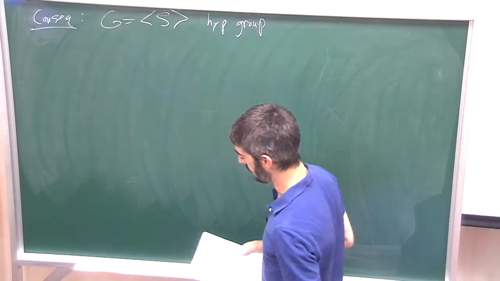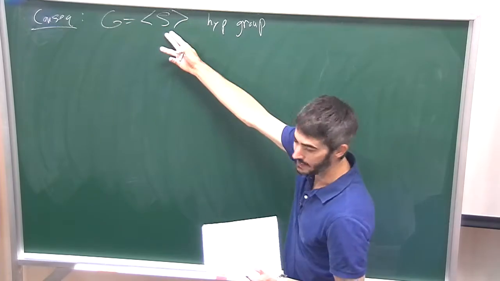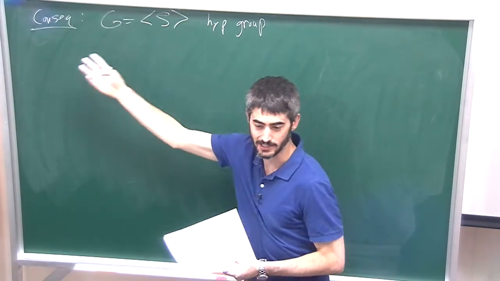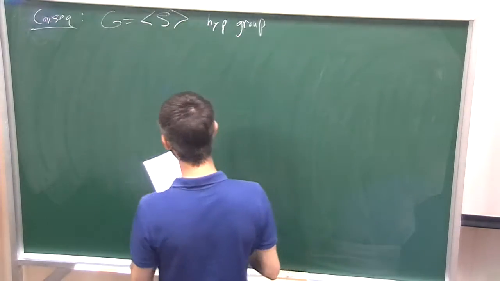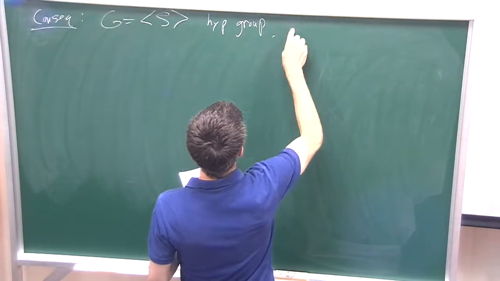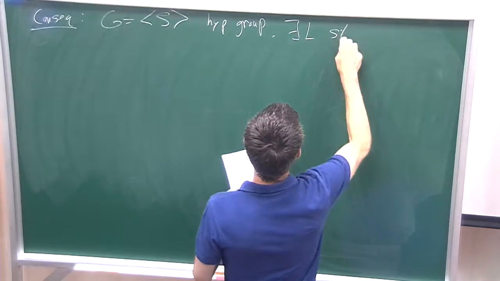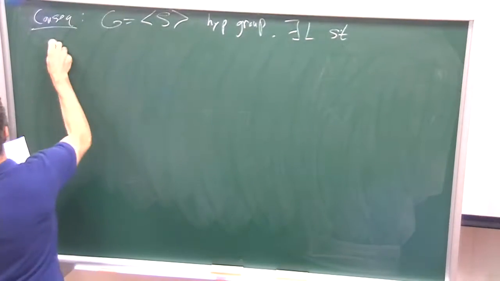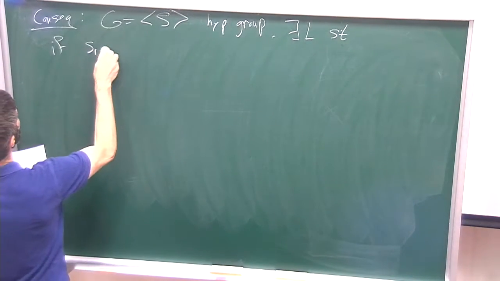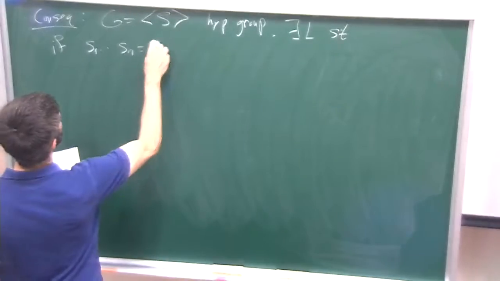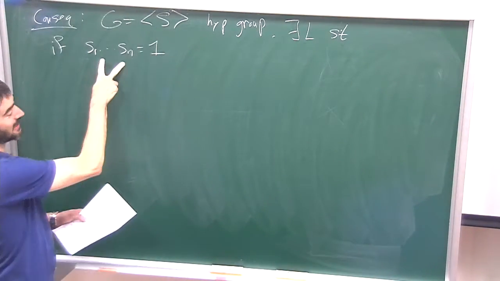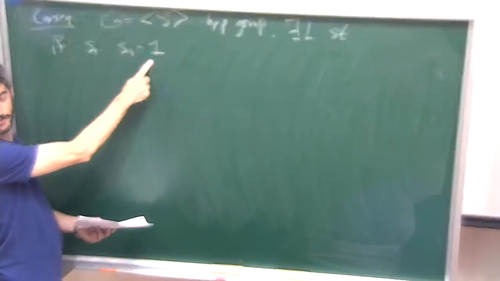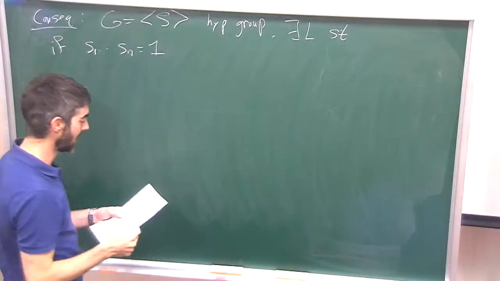Here I'm thinking of S as a finite generating set for G such that the Cayley graph is delta hyperbolic for some delta. So in a hyperbolic group, there exists some number L such that if I have a word in the generating set that's equal to 1 in the group, that's what I mean by this,